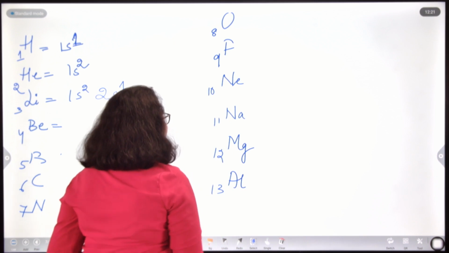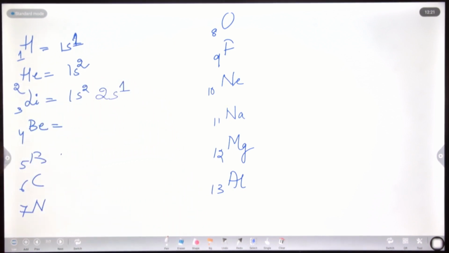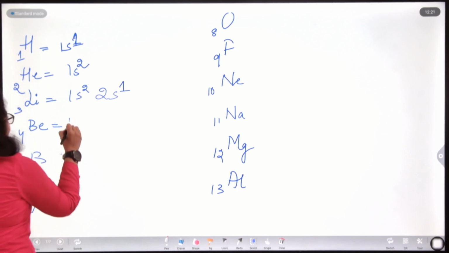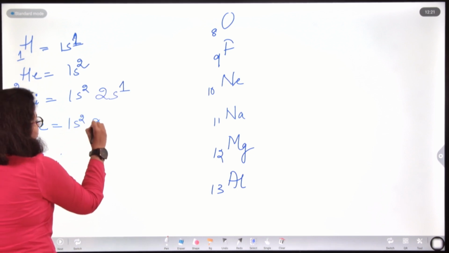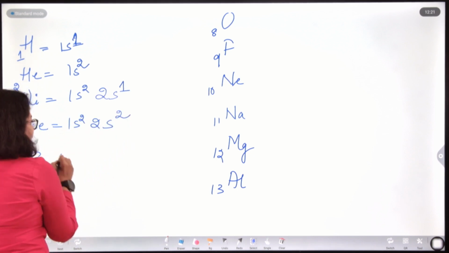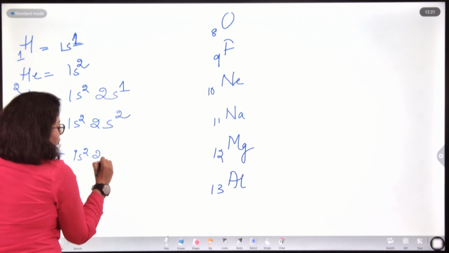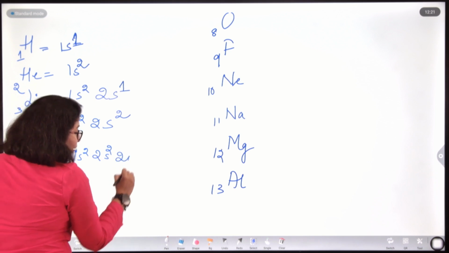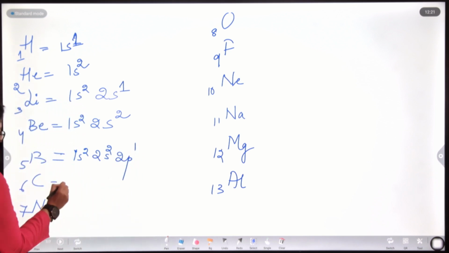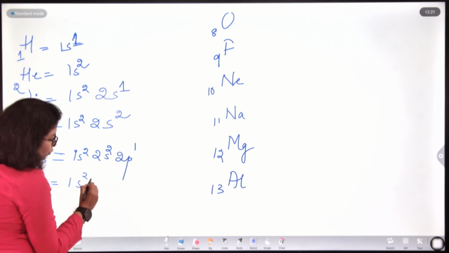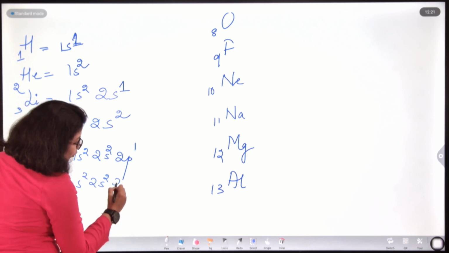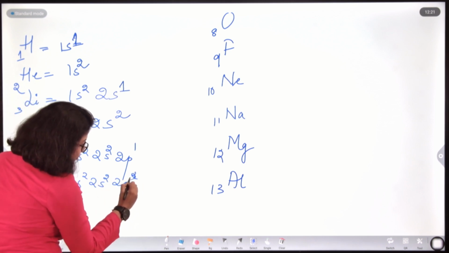So, I guess after writing this much you will be clear about electronic configuration. We will be individually seeing these elements now. For beryllium, the configuration will be 1s2, 2s2. For boron, it will be 1s2, 2s2, 2p1. For carbon, 1s2, 2s2, 2p2.